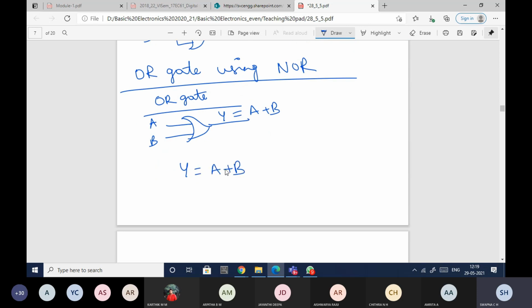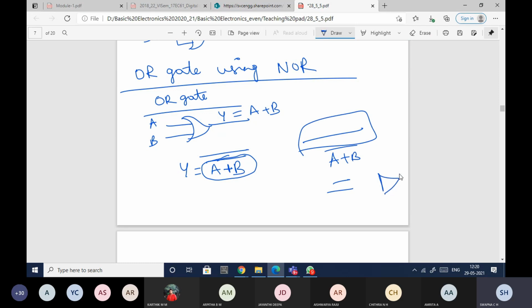If you observe, I have plus in between the terms, but I don't have a bar, so I cannot just take one bar. So I'll take double bar. Now I can implement A plus B whole bar just by using one NOR gate. Again I have whole bar of this whole bar. How to get that? One more bar I need to get. To get this bar I could use a NOT gate, but I cannot use a NOT gate, so I'll use NOR only, with both the inputs of the NOR given to the same one.